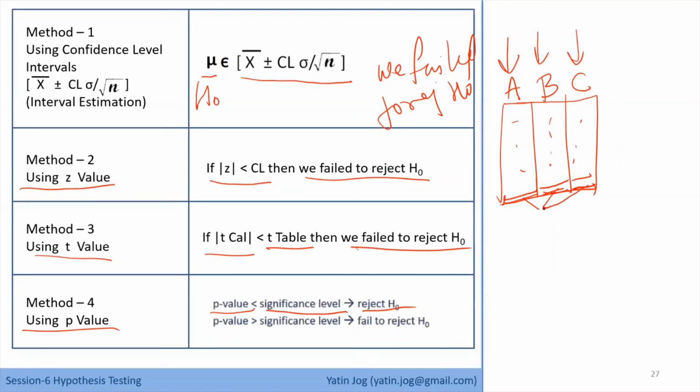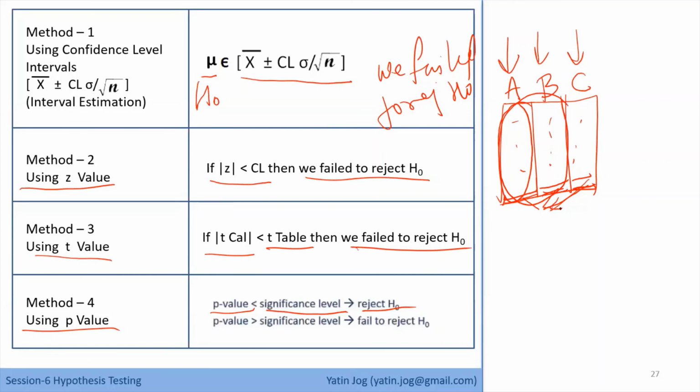Now we know how to compare the mean of only one sample. We know how to compare the means of 2 samples. But when a third sample comes in the picture and we have to compare 3 or more than 3 means, then we have to go for the next type of analysis, which is called ANOVA or F statistics. We have to calculate the F statistics and do the analysis of variance, that is ANOVA.